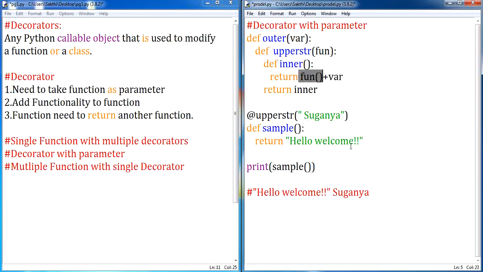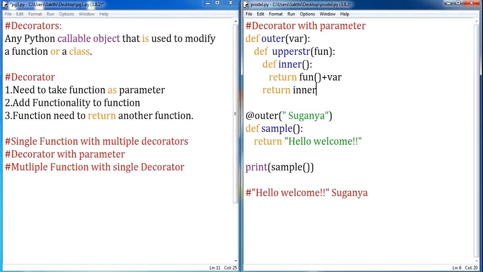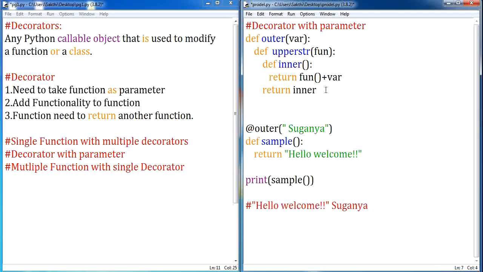So hello welcome data will be accessed here, followed by concatenation of var. Your var here is Suganya. And one more thing is, you are supposed to return your upper function. So let me mention return upper str. Clear? So now let us execute this.